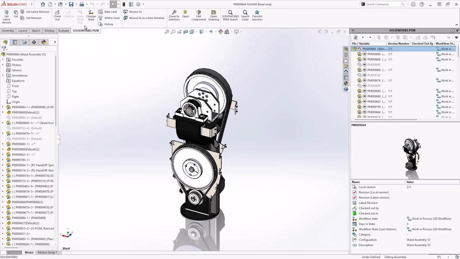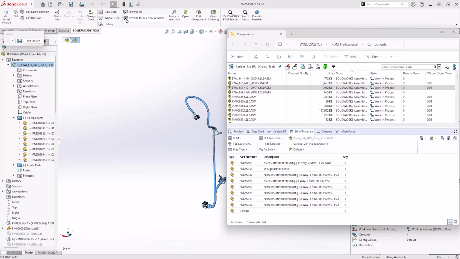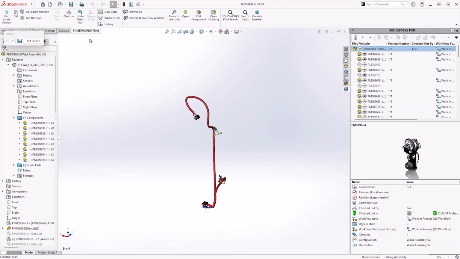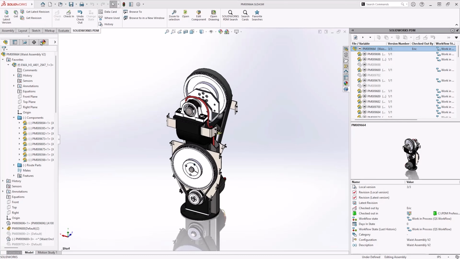This version of the design included the addition of the wire harness with all of its components. New in 2025 is the ability to browse to the selected item in a new window, making it easier to access common views like the computed BOM, where the bill of material order now follows the assembly feature tree, reducing confusion. With this assembly checked out, let's finish the design by adding all the plastic covers